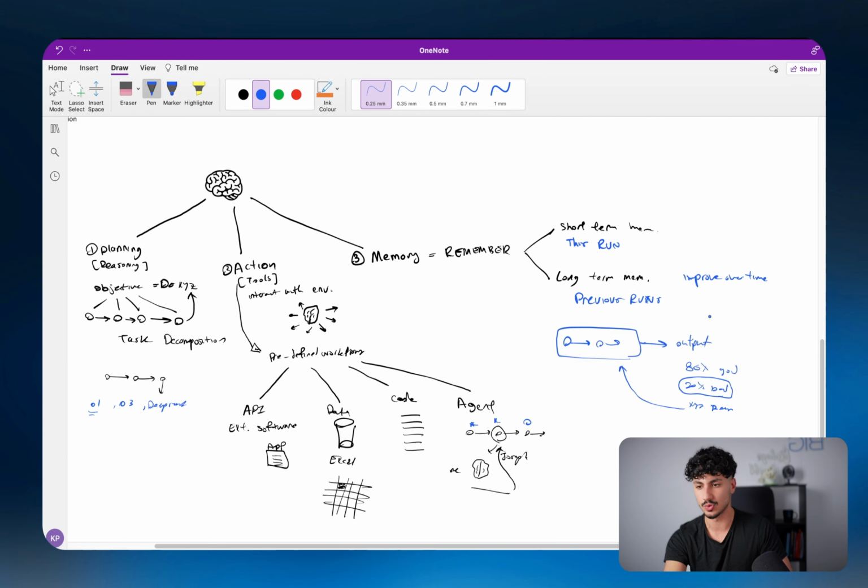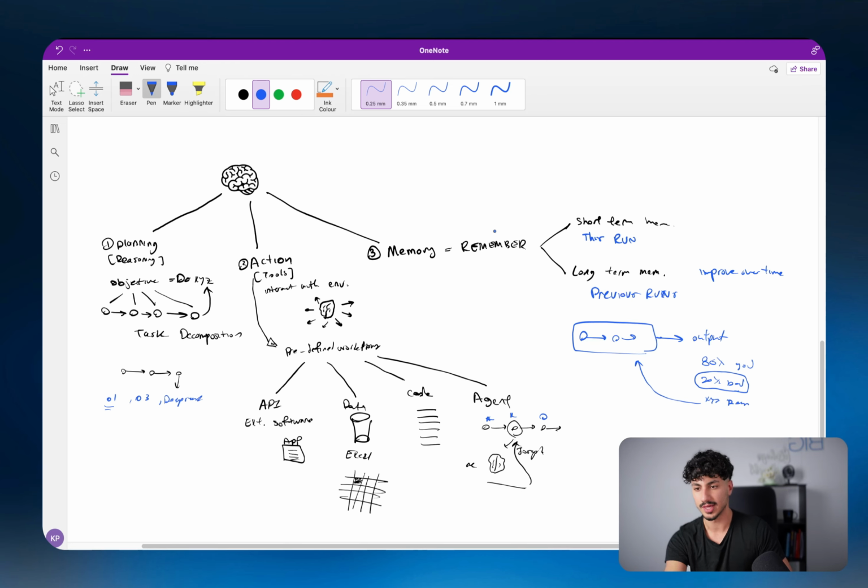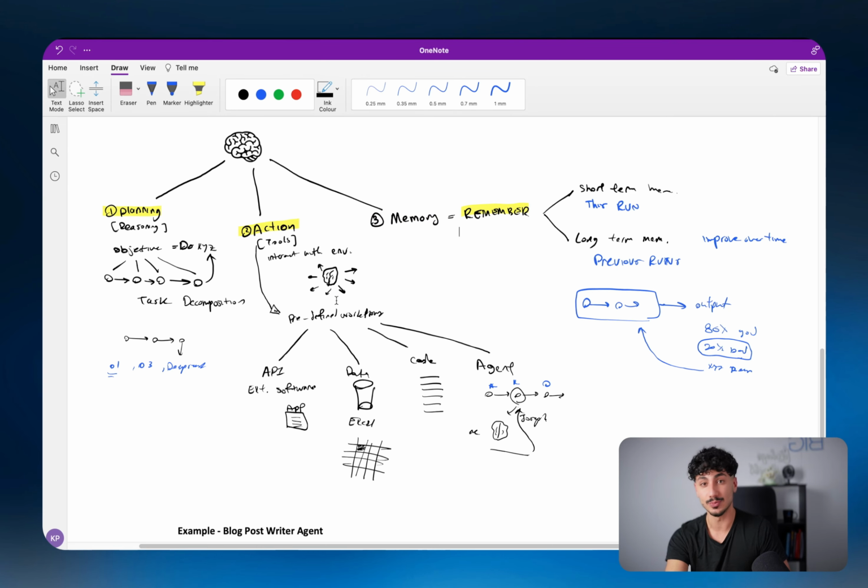Cool. So if I zoom out a bit here, there we go. That's realistically all an AI agent does. There are other things like perception and that sort of stuff, but realistically, the core components of an AI agent that make it so powerful that everyone's like, whoa, it's going to be, I don't know, either the end of the world or the best thing that ever happens to us, is really just these 3 components. The fact that it can plan like a human brain, the fact that it can take actions like a human, and the fact that it remembers things. Super, super powerful.